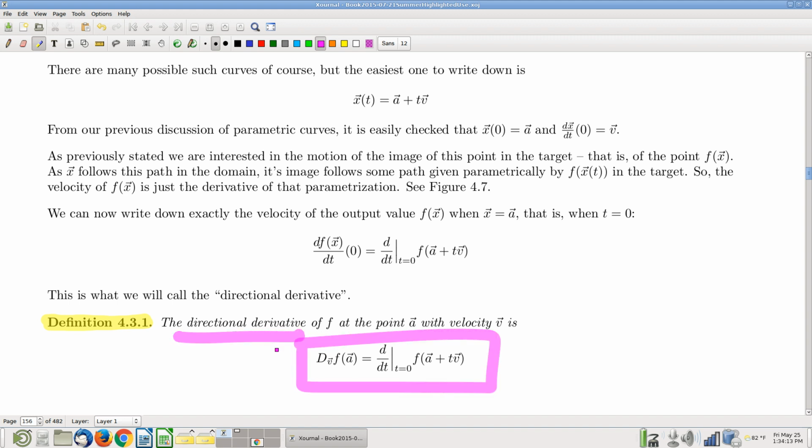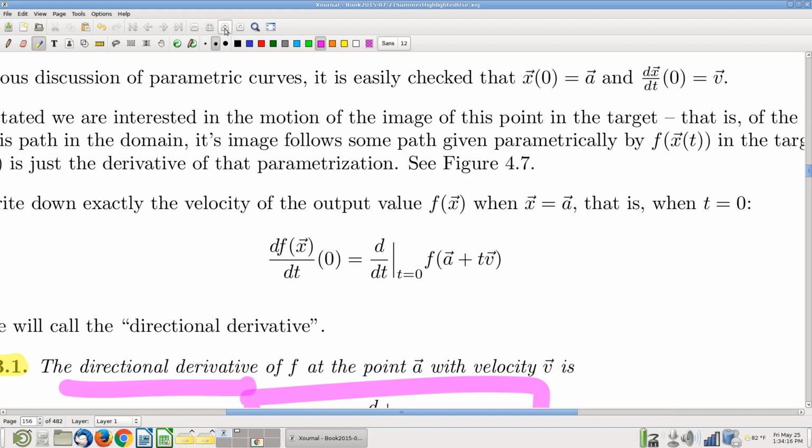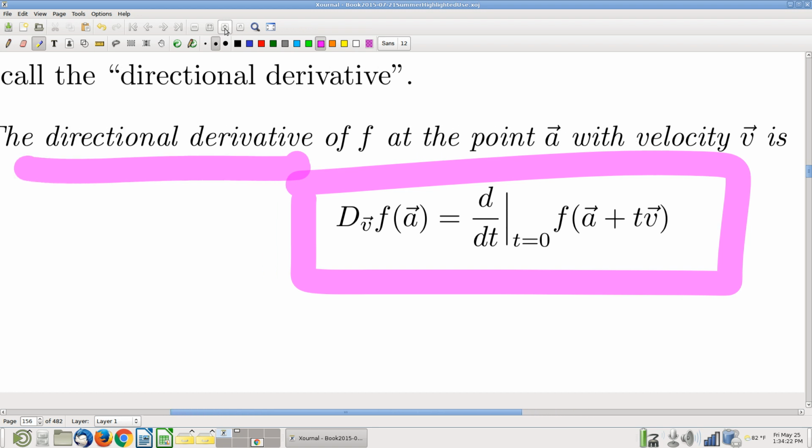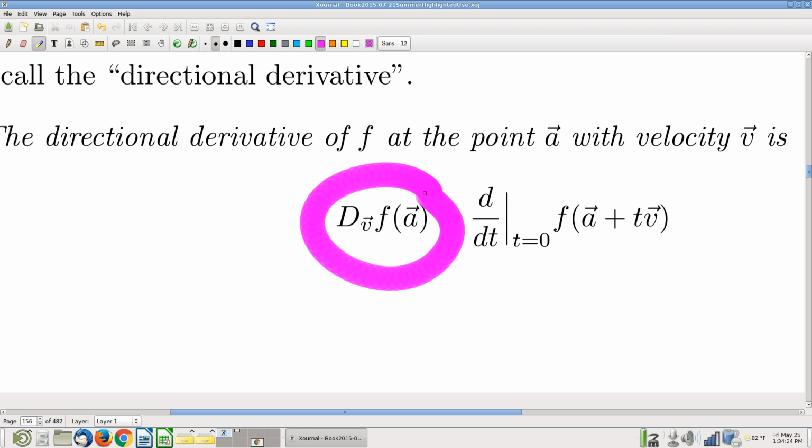And note the notation. Actually, let me zoom so I can talk about it. It's called a directional derivative. That notation is a directional derivative of the function f. This is the function, that has certain domains, certain target, input velocity, output. Trying to relate the velocities in the domain and target of that function. Now you do have to specify where you are taking this derivative. Keep in mind you started at the point A. You got to specify what that point A is where you're interested in the derivative. And you also have to, let's not forget,